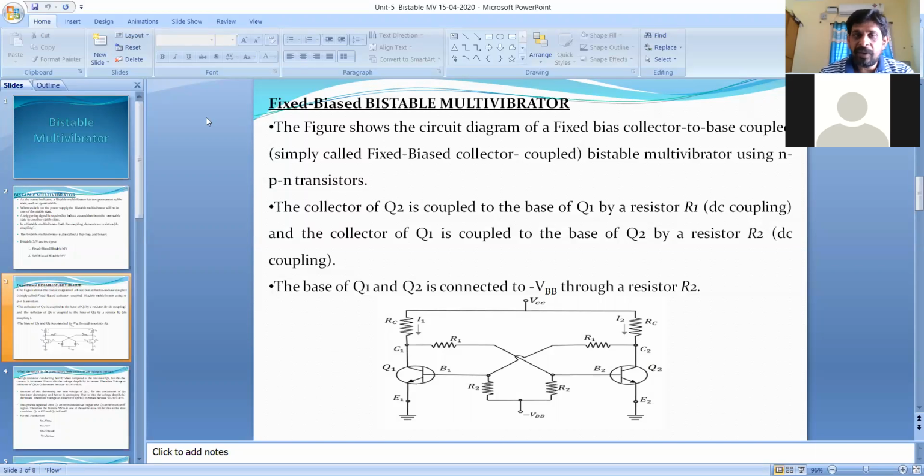Okay, now. There we are applying the VBB voltage through R2. Q1, Q2 are going to apply. This is nothing but